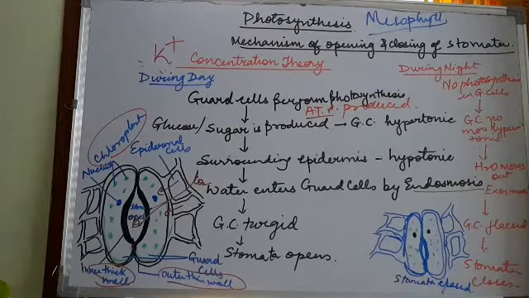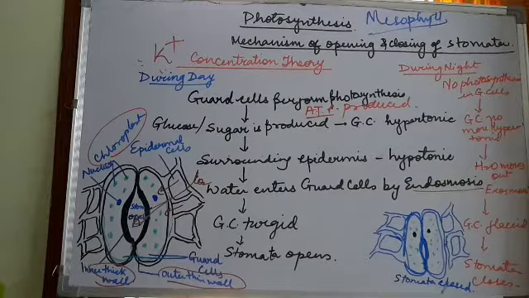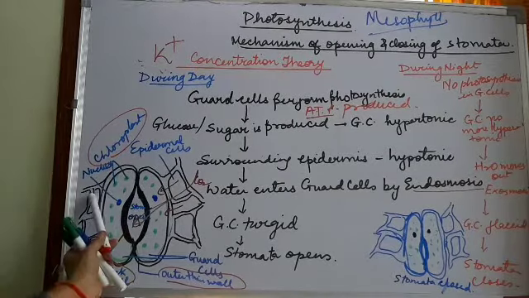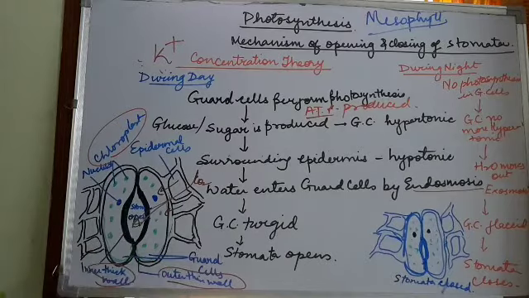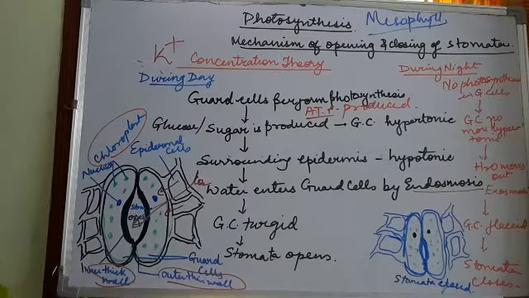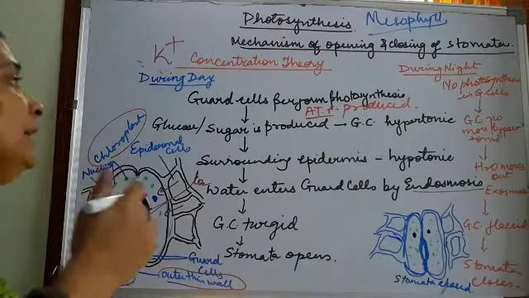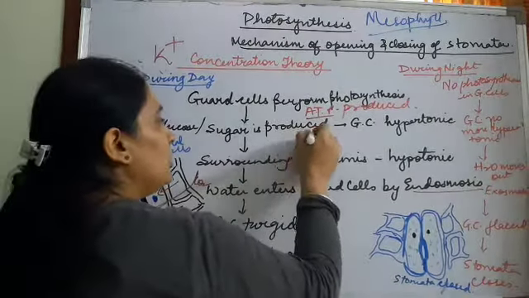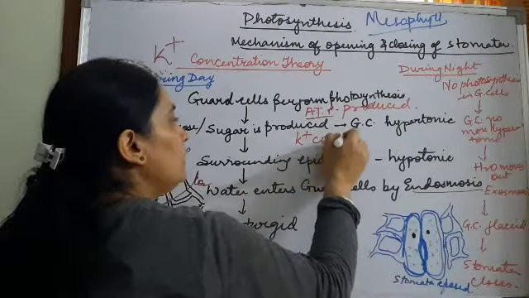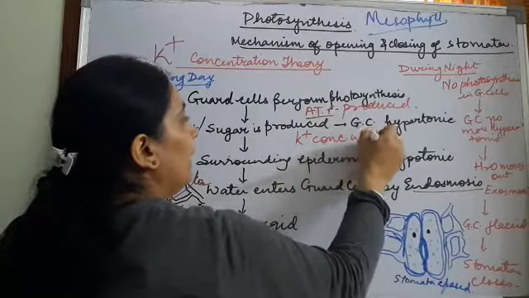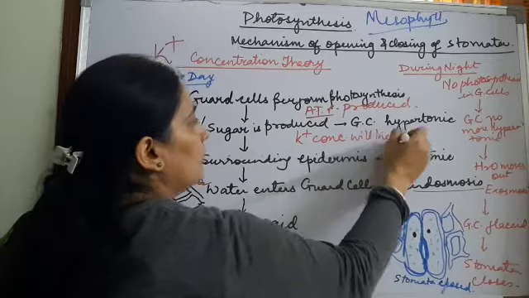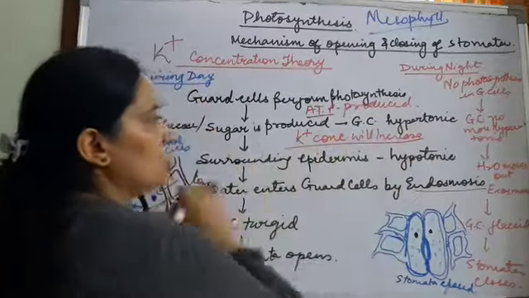This ATP pumps the potassium ions of the adjoining cells into the guard cells. So from these adjoining cells, potassium ions start coming into guard cells. Now what will happen? Potassium ion concentration will increase. When potassium ion concentration increases, again this guard